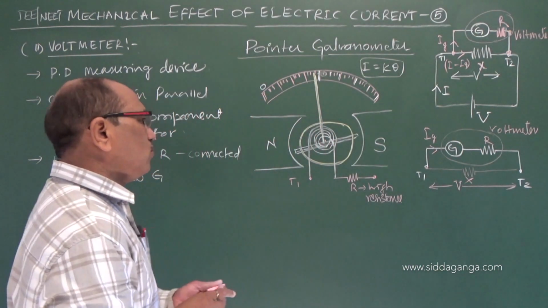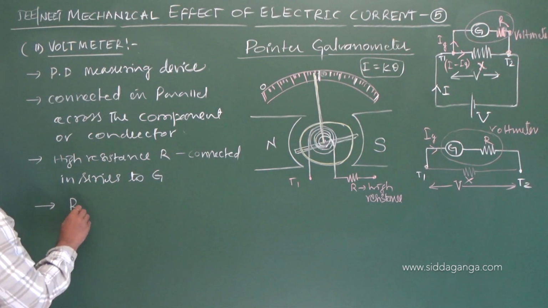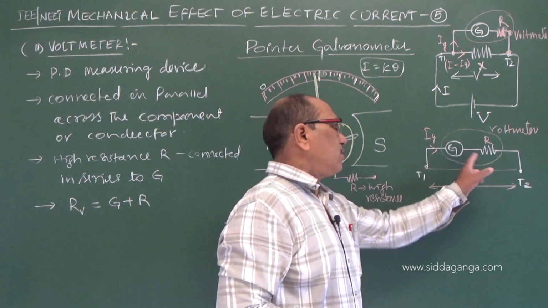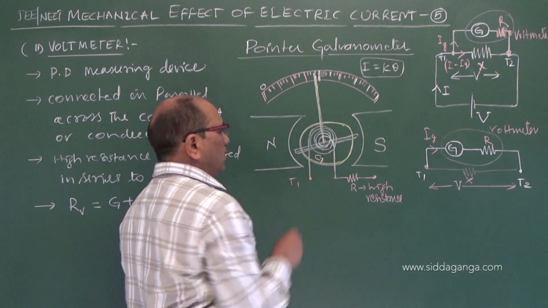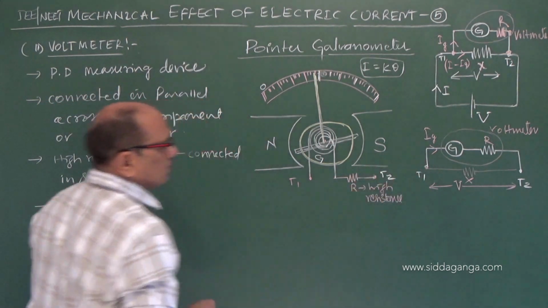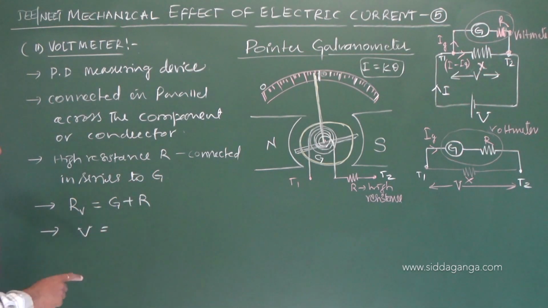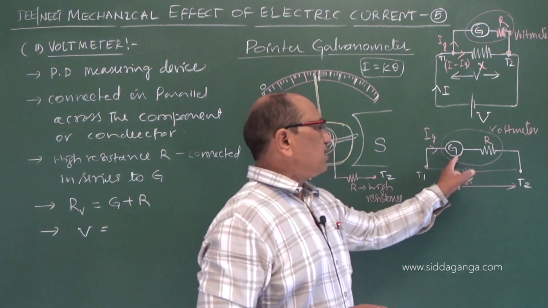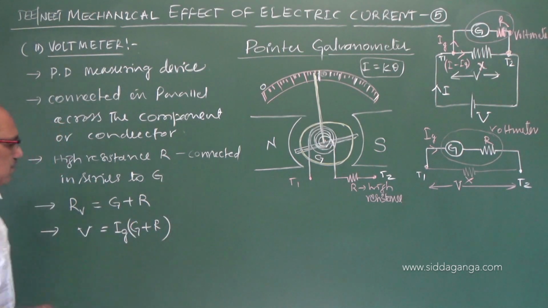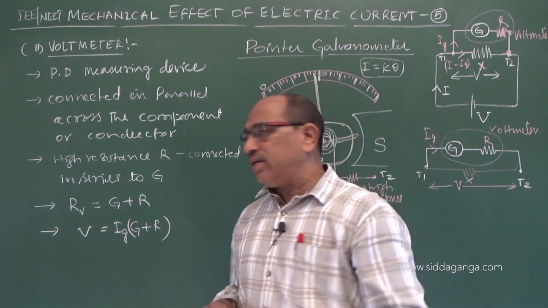So therefore, to measure voltage, a high resistance is connected. The effective resistance of the voltmeter is G plus R. The effective resistance is increased to G plus R. We connected it; its value is G, and its values are G plus R in series. The terminal is shifted to here. Now, how you convert is: the voltage that you are measuring across this resistor should be Ig into G plus R, the effective resistor. Ig into G plus R is the basic equation. The voltage that you want to measure is G plus R into Ig, the sample current taken by it.